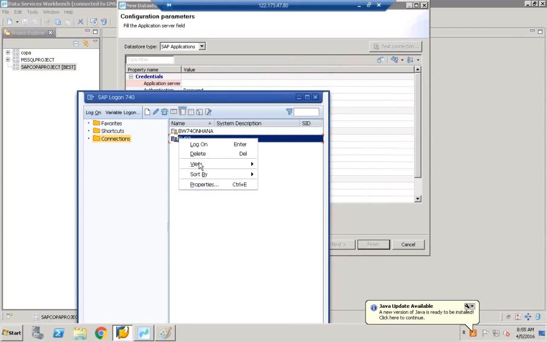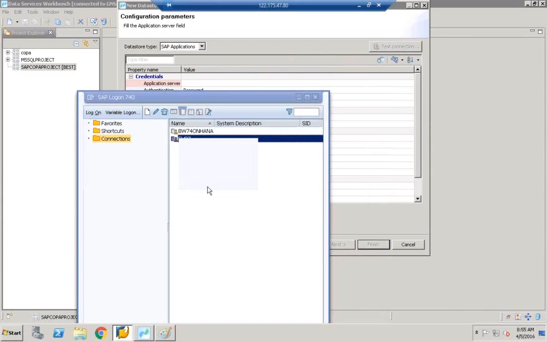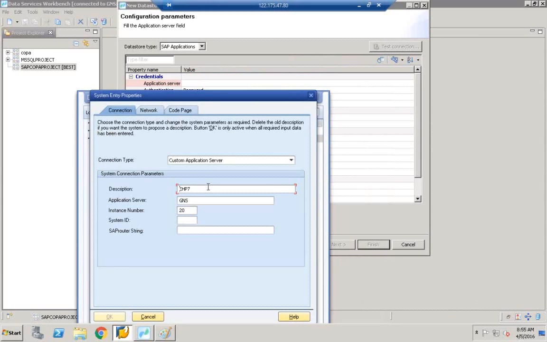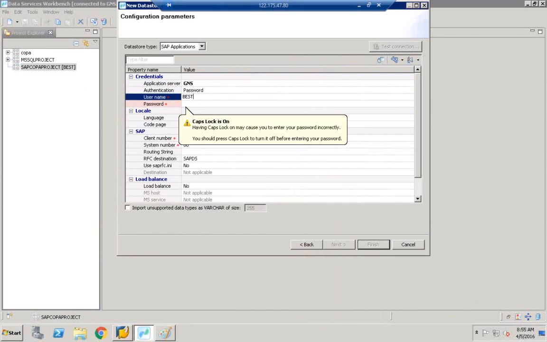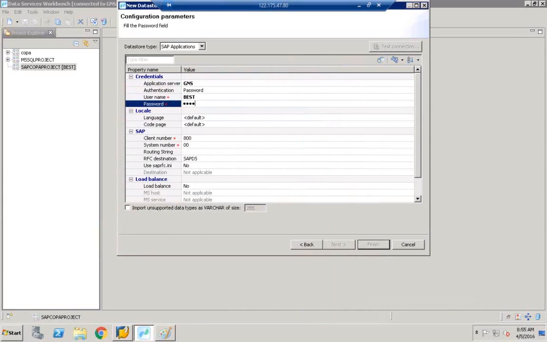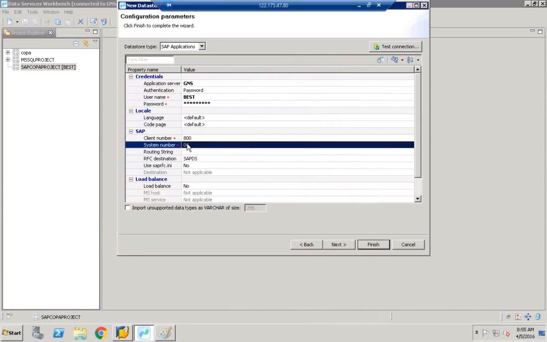Right click on the ECC, click properties. The ECC application server is GNS. So I'll give the application server over here, GNS, username best, password capital W welcome 123, client,